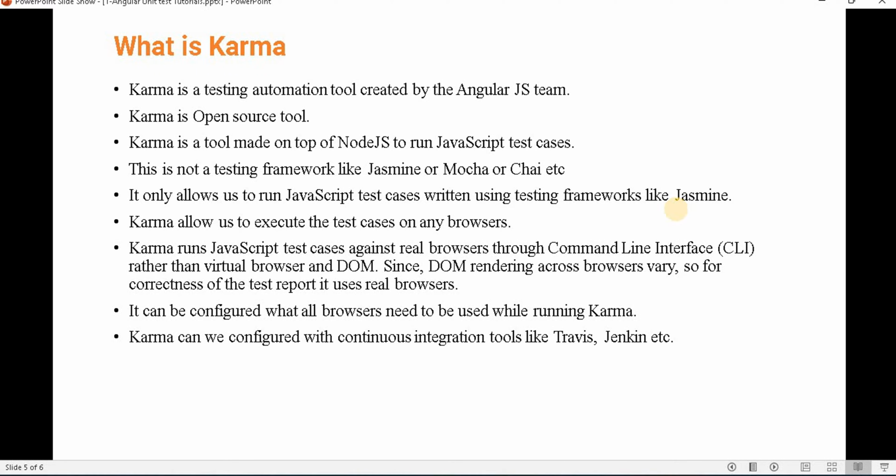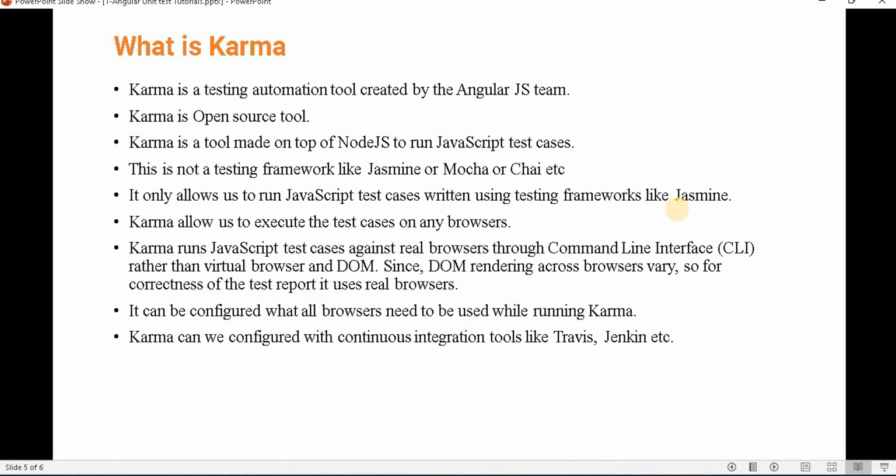And Karma allows us to execute the test cases on any browser. If you want to run any JavaScript test cases or Jasmine test cases on a browser, we can run them on Google Chrome, Internet Explorer, Safari, any browser. Karma runs JavaScript test cases against a real browser using the CLI, which we can say is the command line interface.